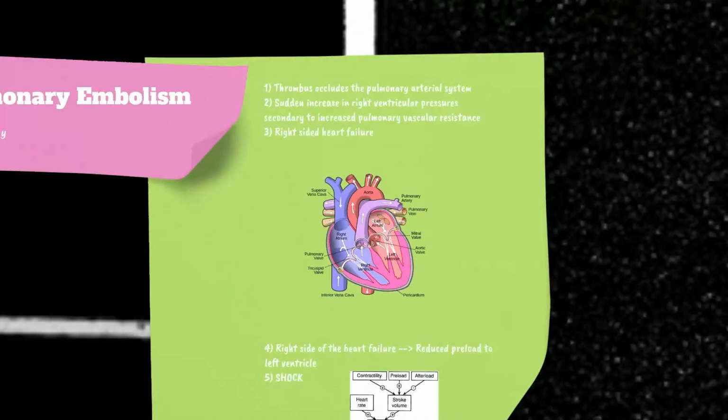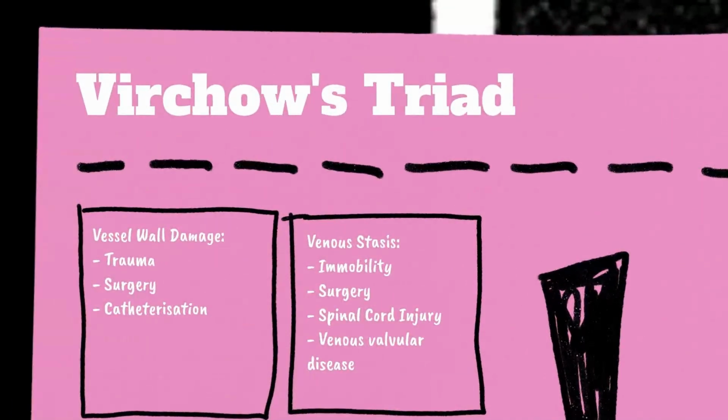We know it's quite rare for a thrombus to form de novo within the pulmonary venous system. Instead, thrombi most commonly start as a deep vein thrombosis. If we think back to preclinical medical school days, we know that the formation of clot is related to Virchow's triad, namely vessel wall damage, so this can be things like trauma, surgery or catheterization damaging the wall of a